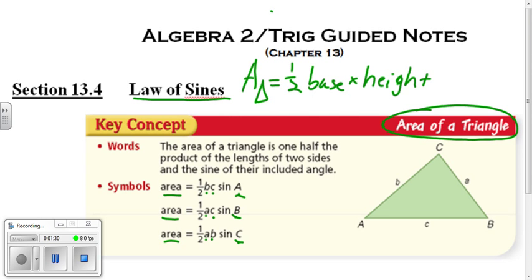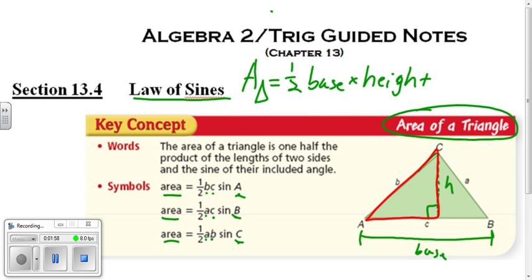and we are not given a height, we can determine that the height would be dropped down directly from the top point. In this case, we would say our base is c down here, and our height, I'll just say h, is this line. Now if you drop it straight down, it's going to create a right angle right at this point,